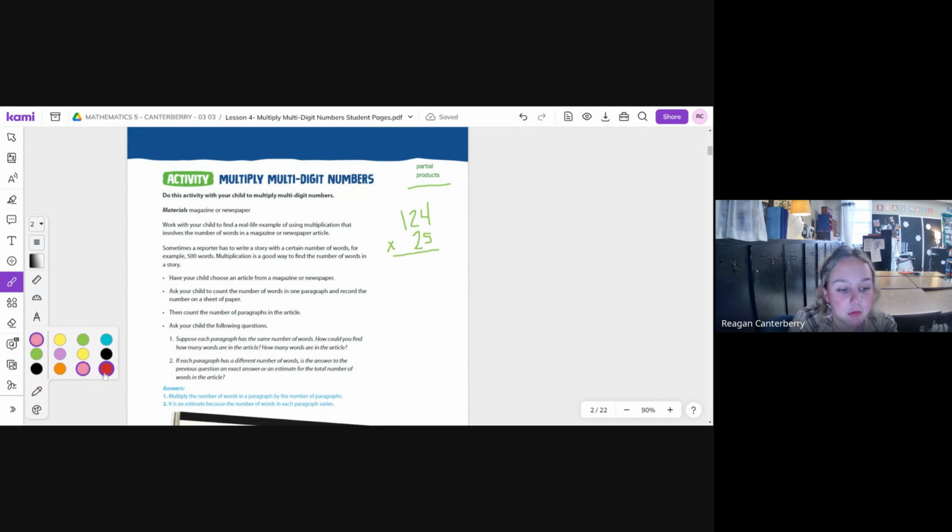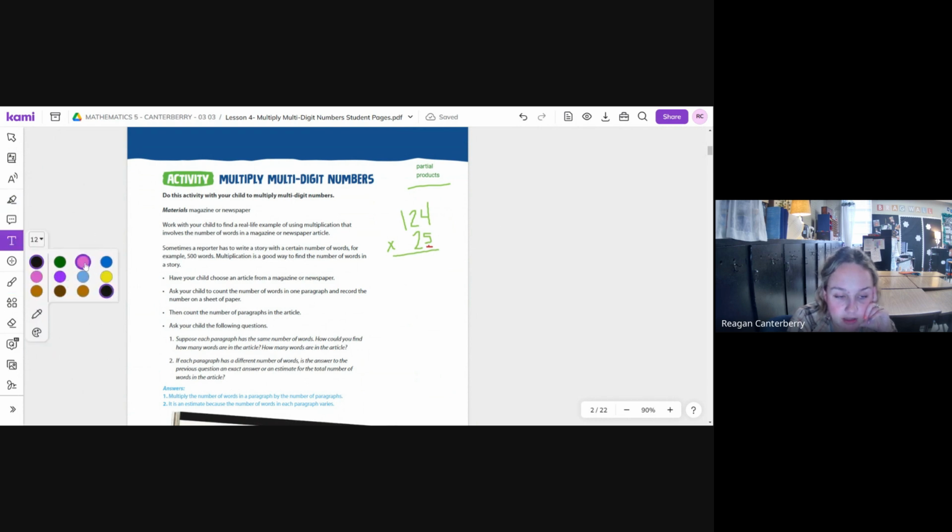And I'm going to work it similarly, but I'm going to break it down a little bit different than I do with the standard algorithm. So we're still going to start with this bottom number, 25, and I'm going to start in the ones place with the 5. And I know I need to multiply that 5 times all of these numbers on top, one step at a time. So how we talk about this in classes is we start and we say, okay, what